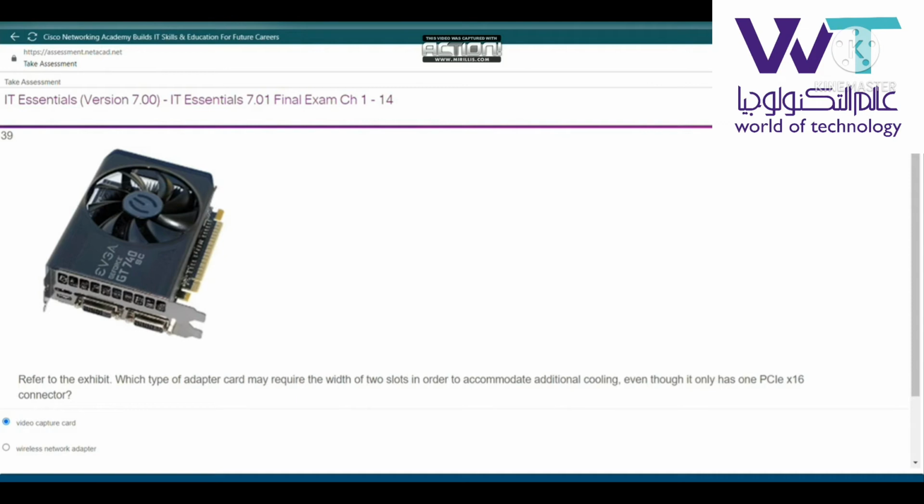مديني صورة، بيقول refer to the example. Which type of adapter card may require the width of 2 slots in order to accommodate additional cooling even though it only has one PCIe x16 connector? هتبقى video capture card. السؤال اللي بعده